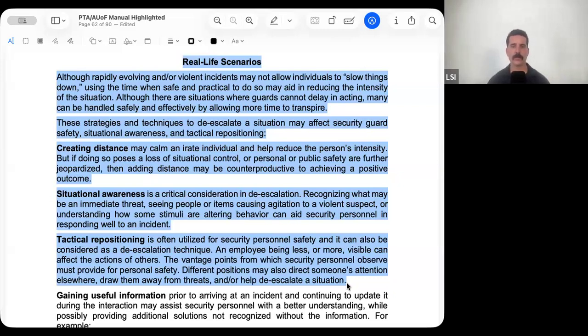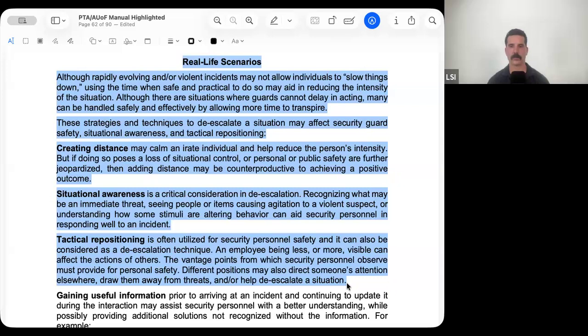Situational awareness is a critical consideration in de-escalation: recognizing what may be an immediate threat, seeing people or items causing agitation to a violent suspect, or understanding how some stimuli are altering behavior can aid security personnel in responding well to an incident. Tactical repositioning is often utilized for security personnel safety,